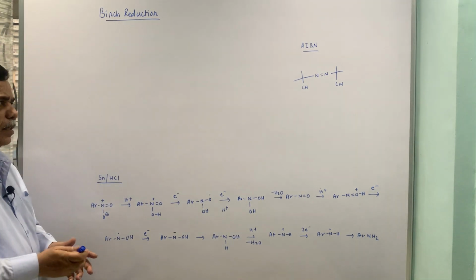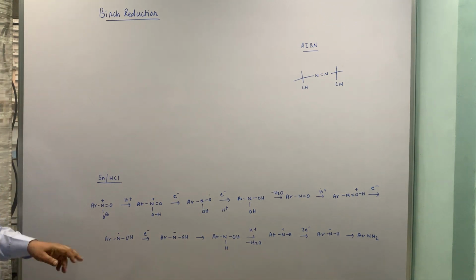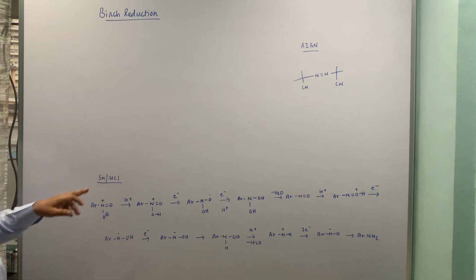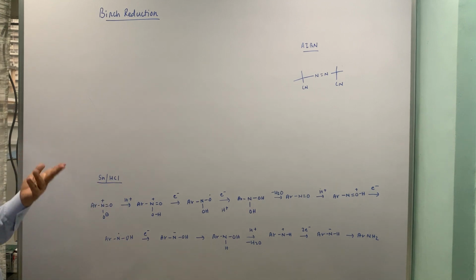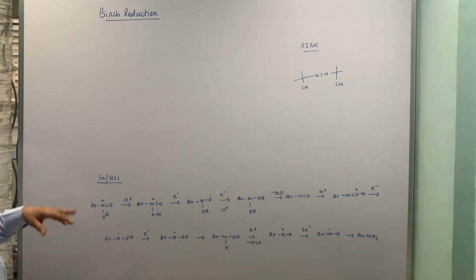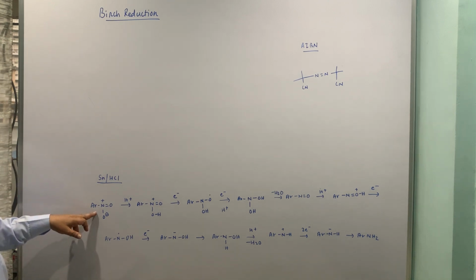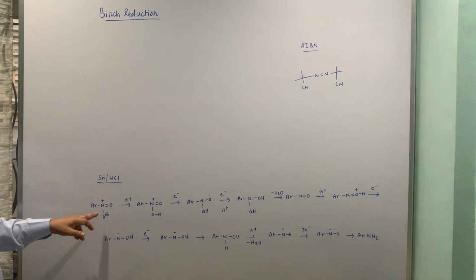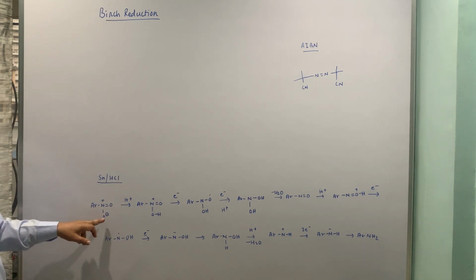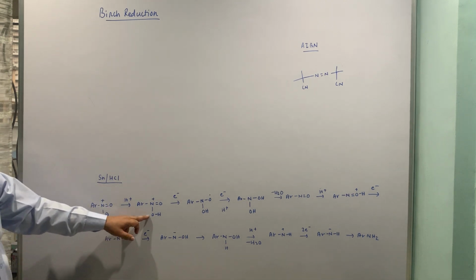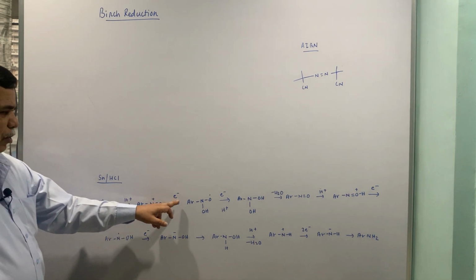Now, let us come to the reagent wherein aromatic nitro compounds are reduced. I am taking Ar. Ar can be any aromatic ring, benzene, naphthalene, anything. Whenever nitro group is there, you are having tin HCl. HCl provides a medium. So, first step is abstraction of proton, or this O minus simply takes the proton and becomes this. Then one electron.